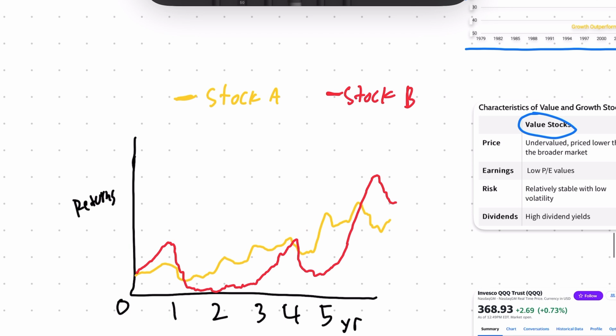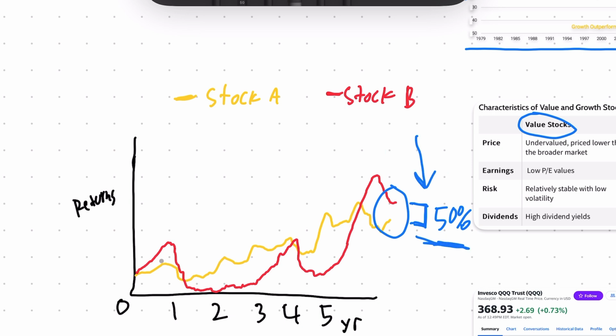But just to highlight this difference even more, I made a hypothetical chart here between stock A and stock B. Stock B represents a hypothetical growth investment, stock A value, and we can see here that at the end, the growth stock did have significant outperformance over the value stock. You can say maybe even as much as 50%. So most people see that stock B has alpha over stock A, and thus they buy stock B thinking it's the better investment. But the thing that most people don't realize is this outperformance has a price that you pay in order to achieve it.